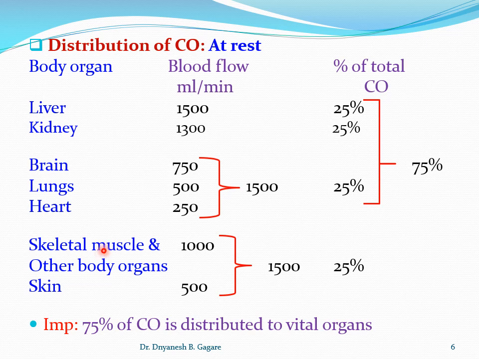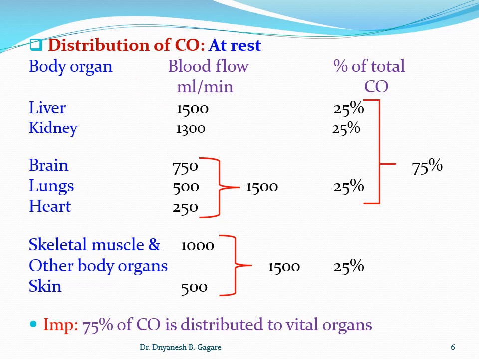Okay, so during exercise and during temperature regulation, the skin can get more blood. In different conditions, this can be altered. For example, during exercise skeletal muscle gets more blood. During temperature regulation, if the environment is hot, then the skin can get more blood. Like this it can be altered, but at resting state this is the contribution to the different organs. Okay, so this is what we discussed up to this point, that is the distribution of cardiac